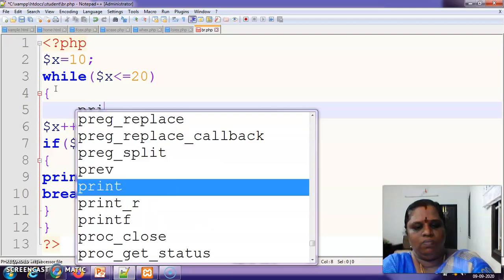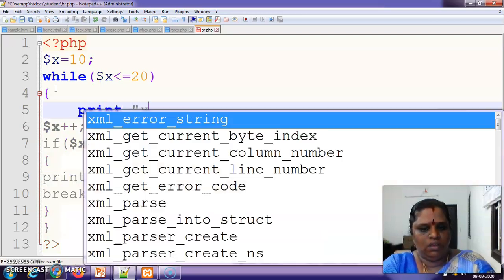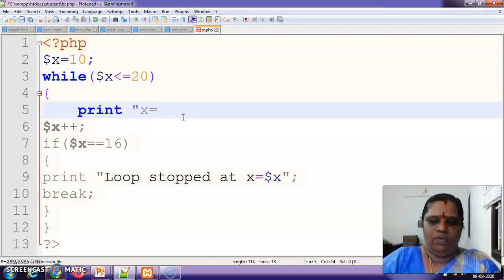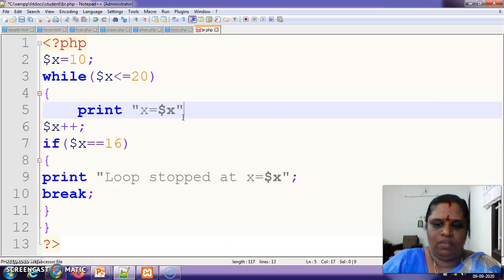Here, print x is equal to $x. Yes, you can have break here.